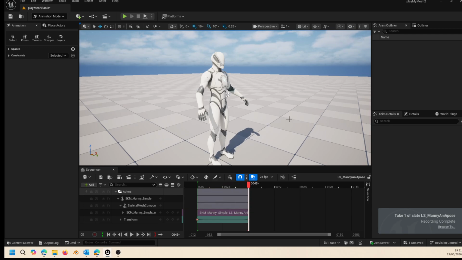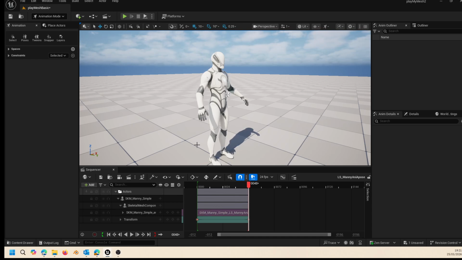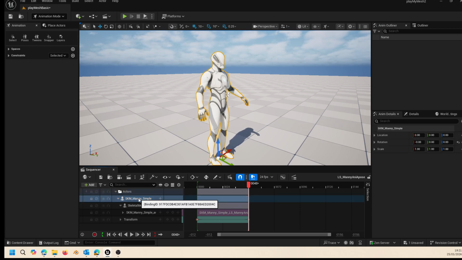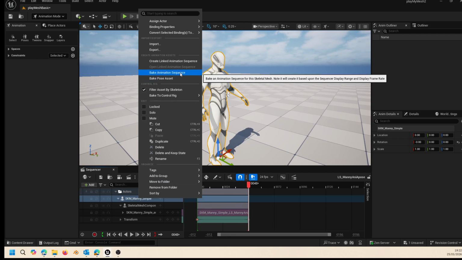And it gets to the end. Oh, well, that's good. So I've got a little bit of that lack of action, but it's recorded now as a kind of animation sequence. So the next thing is to bake it out. So if I go to here, right click and do bake animation sequence,